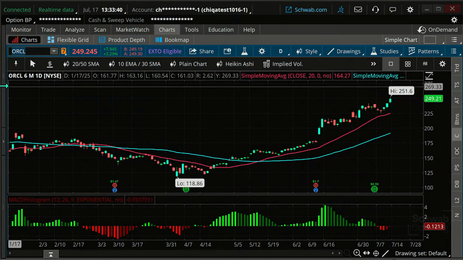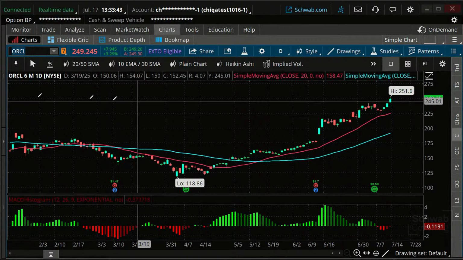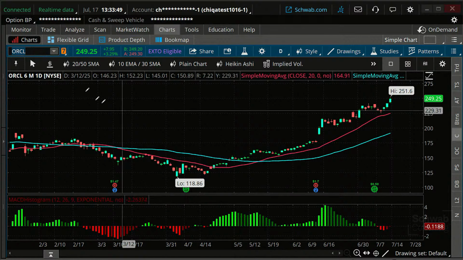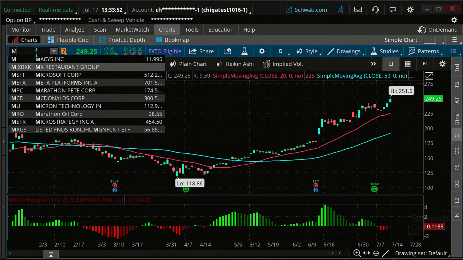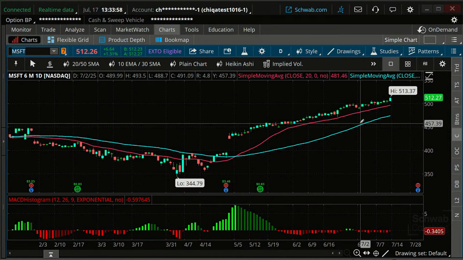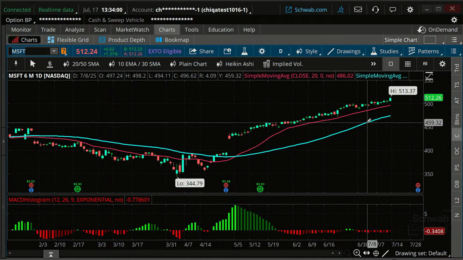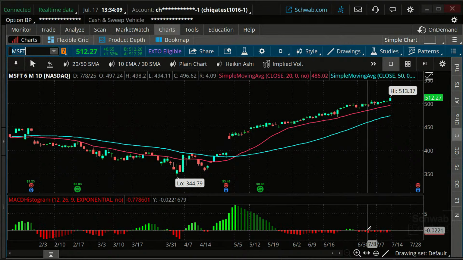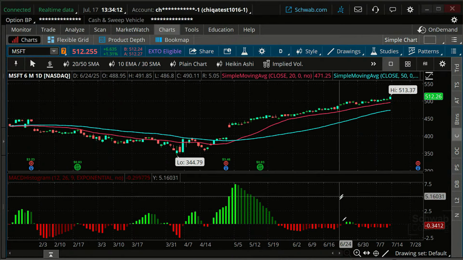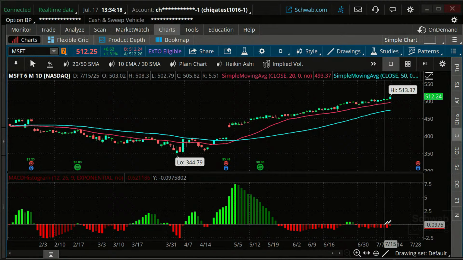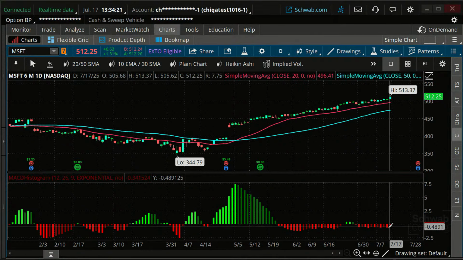Now, getting back to this, we said we want the stock to be above the 20-day moving average. We want it to be above the 50-day moving average. We want the slope to be going up. We have that on Oracle. What did we see? We said Microsoft, I think, was another one. Microsoft: 20-day moving average, 50-day moving average, and it actually is going up. Now, the MACD has been mostly going sideways here. Notice, you can kind of see the colors on that MACD. Let me just increase the size of it a little bit here. See, it goes bright red, dark red, bright red, dark red. So it's kind of doing the same thing, but most recently, at least, this is going up.